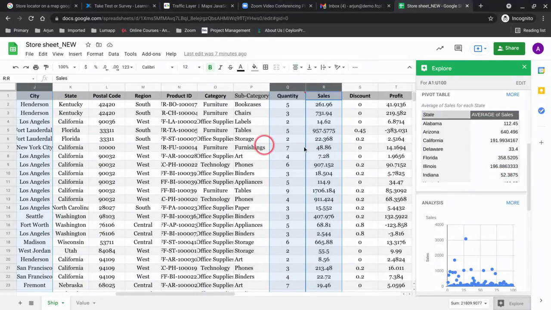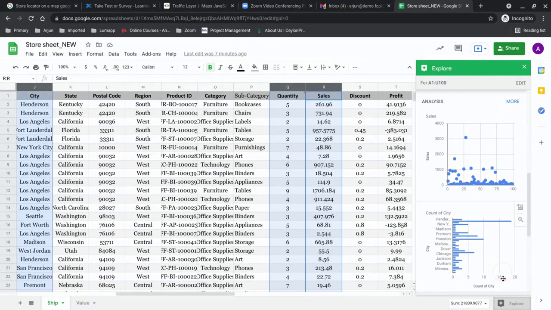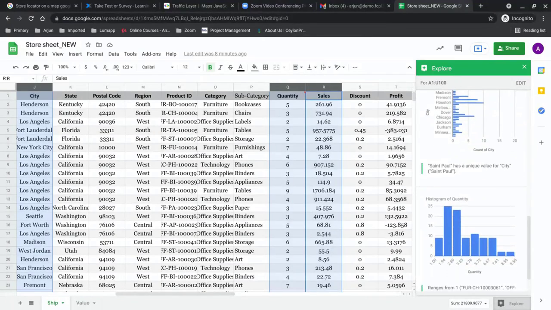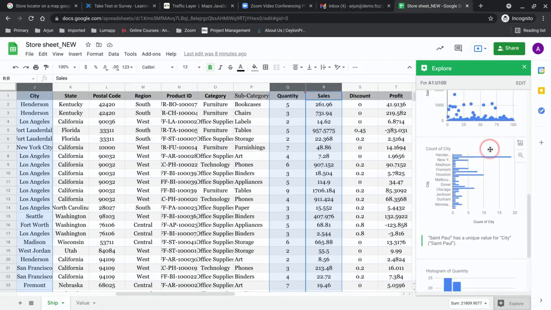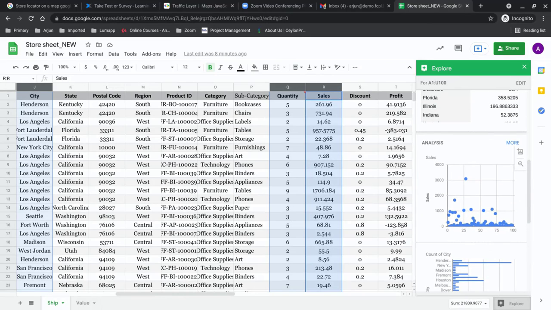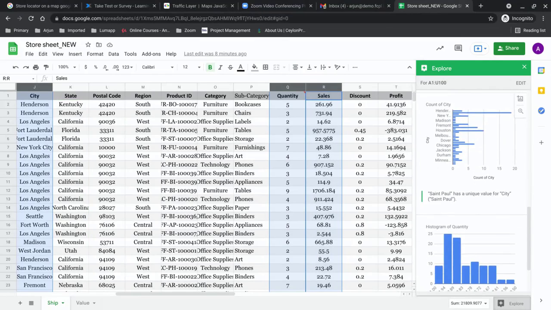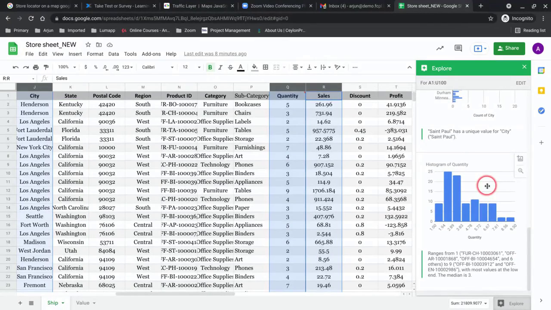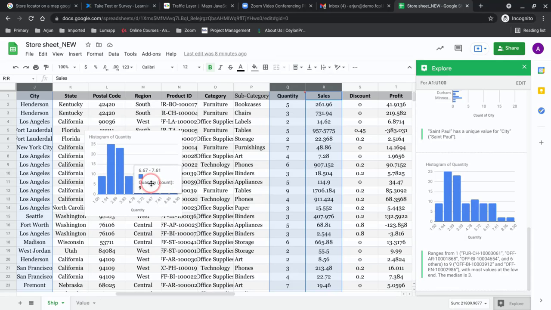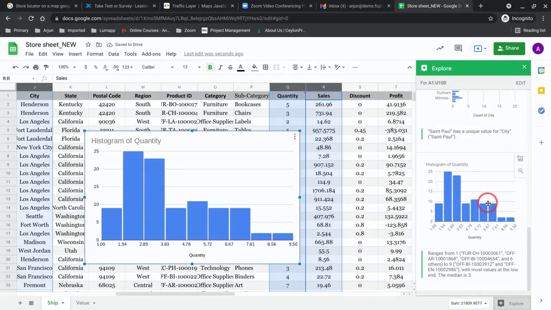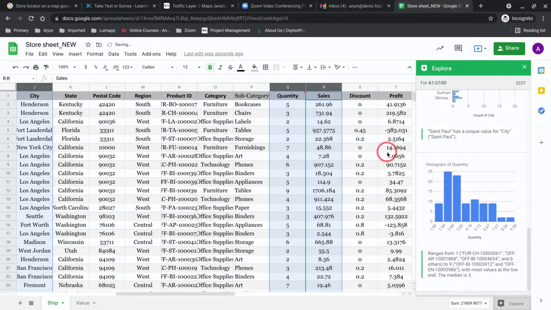So you can see now on my right side, as soon as I click on Explore, this is basically a data analytical tool which Google has given as an embedded feature. Based on my selected columns and whatever output I can get, the instant charts have been created. All I need to do is drag and drop it into my sheet. If not, I can also insert it by simply clicking on that option. That is a similar option that you can see.